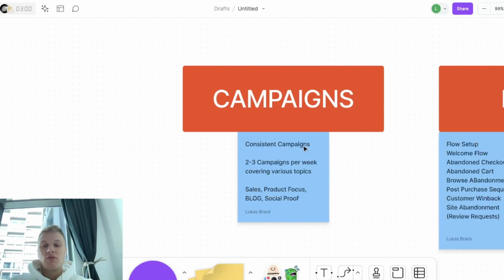And to be honest, a lot of brands, after running their emails for like 2-3 months, start to question, hey, haven't we sent this campaign out already? And yeah, we did, but this is not the purpose of campaigns. It's not always to have something new. It's just to be on top of their mind and to show them something, to get them on the page and basically get them into the funnel of email marketing and of your brand in total. So that's the angle that you want to go with when it comes to campaigns.